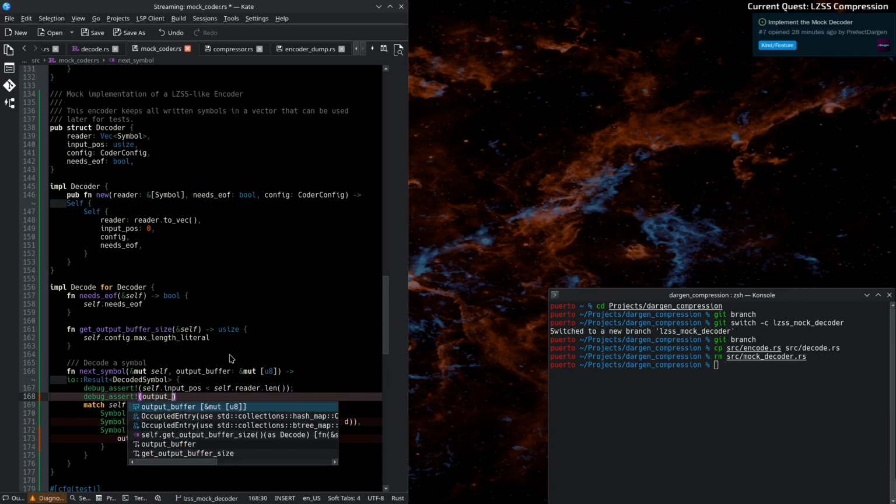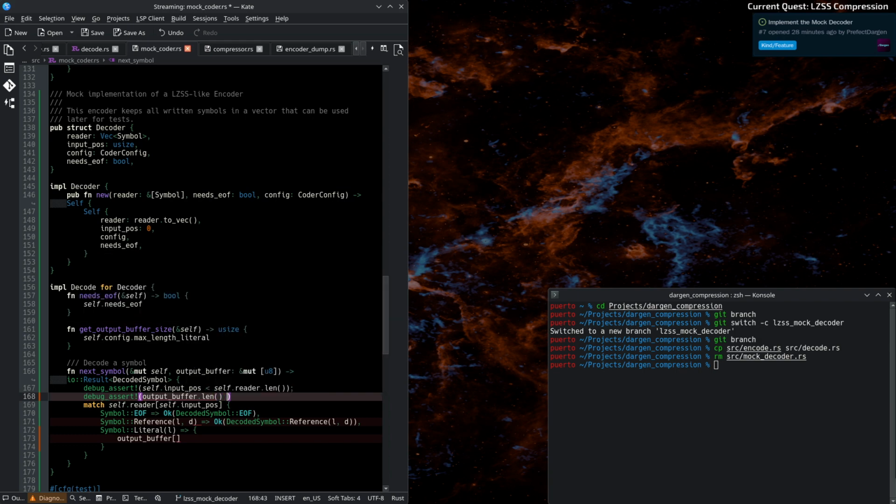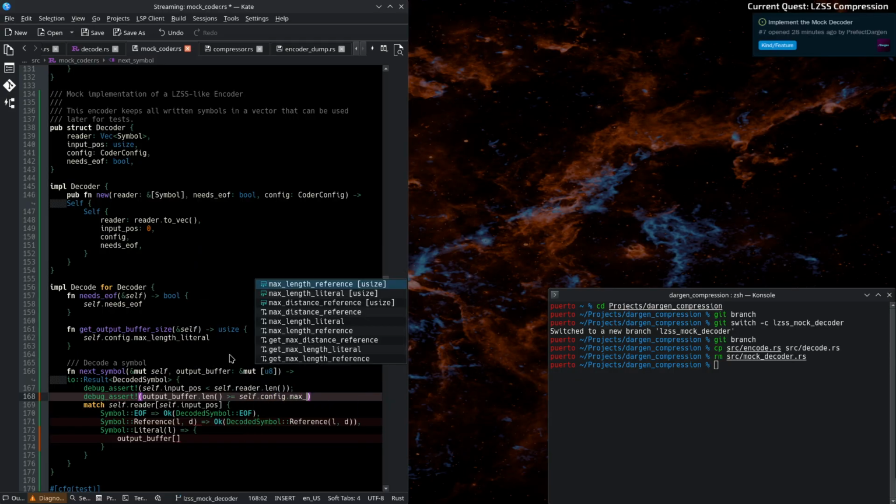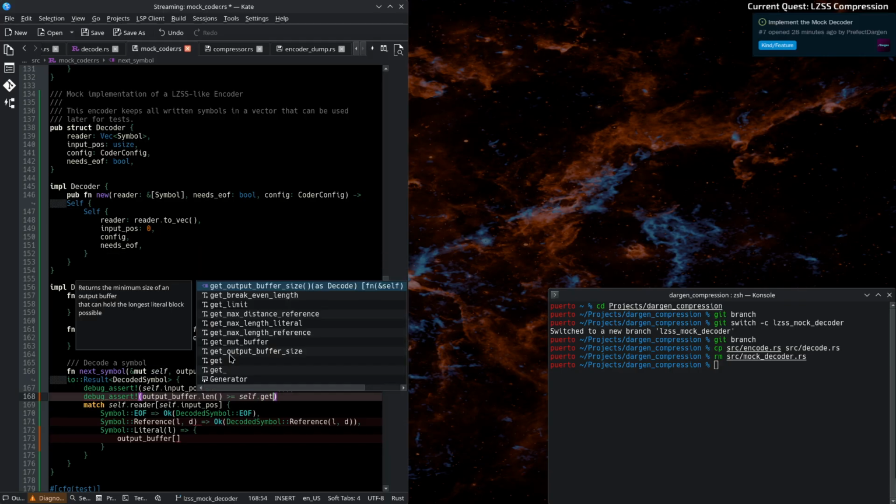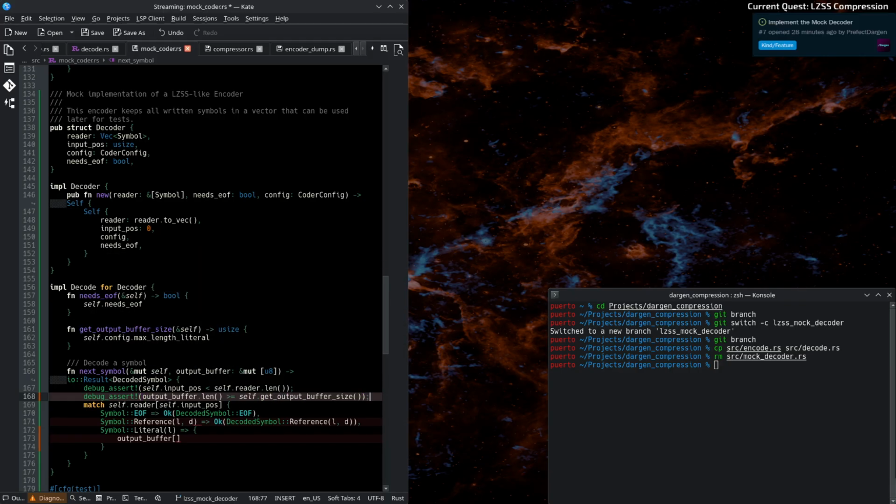That the output buffer line has to be at least equal to, at least it needs to hold enough data for the buffer size. So this copy operation, we know that it's going to work. So we're going to make that the output buffer, and between 0 and L is going to be equal,